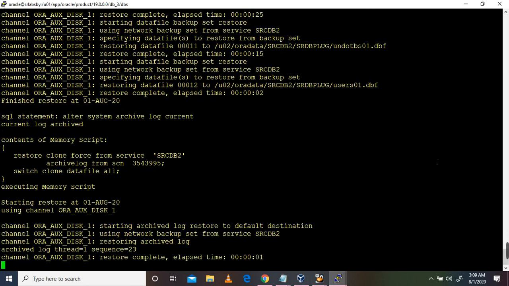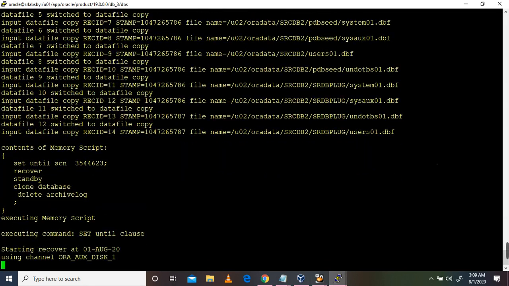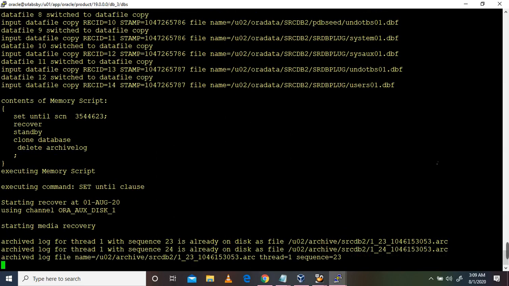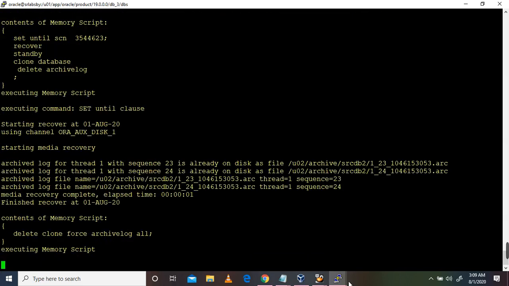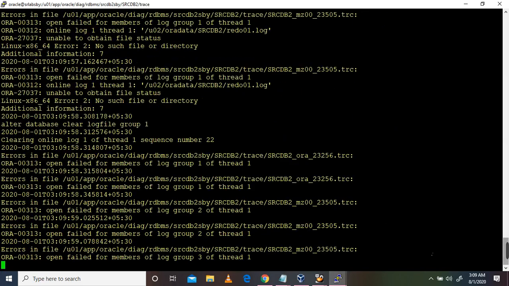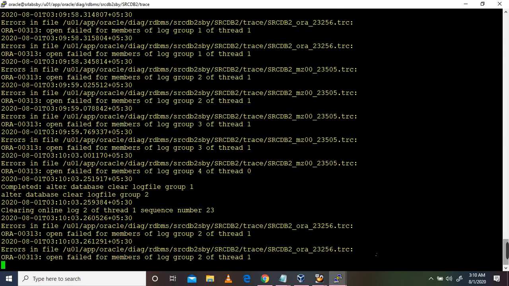Restore is completed and recovery has been started. We can create the standby redo log files later, no issues.